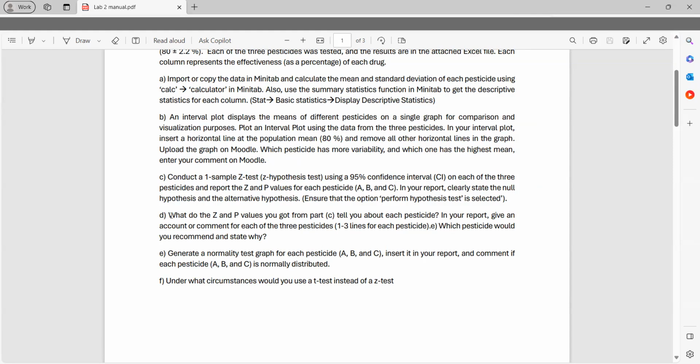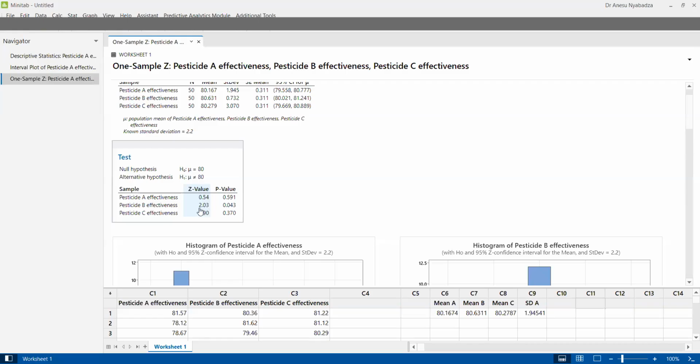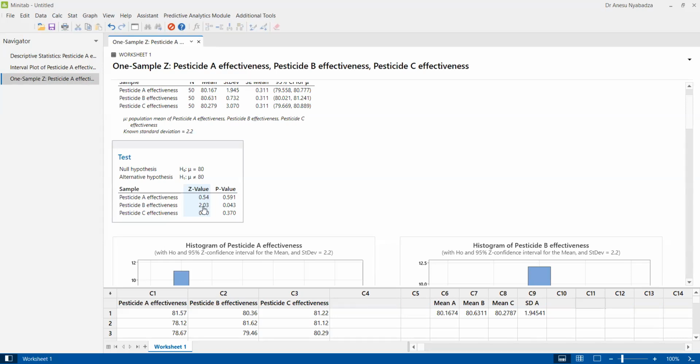Okay, so part D, what do the Z and the P values you got from part C tell you? I just mentioned that. So here, obviously, because B was the one with the highest Z value, I would recommend that. Although we're not looking at the mean or anything like that. Some people report the mean, but the mean doesn't matter here. What matters is the Z value, right? So it has the highest Z value. That's why